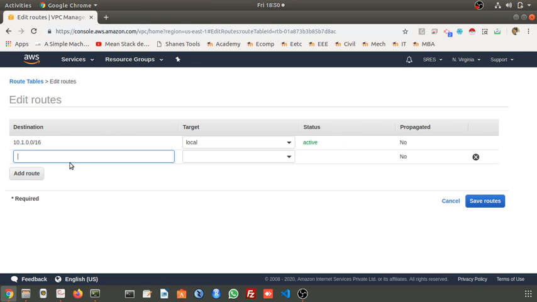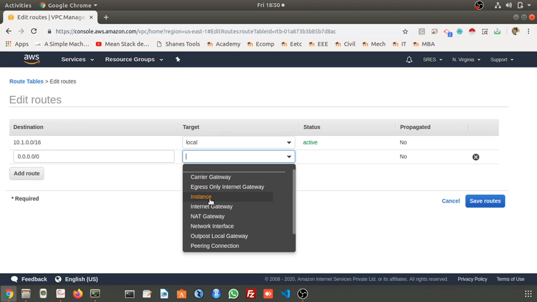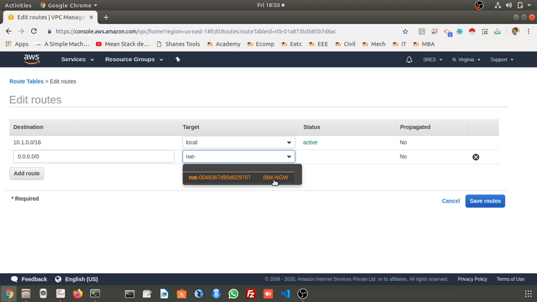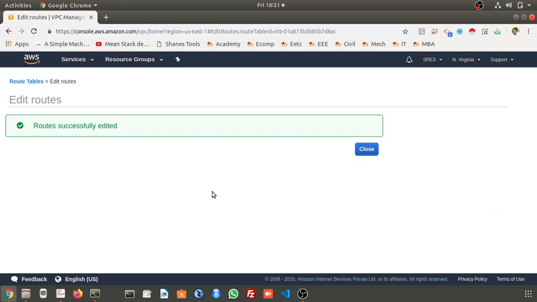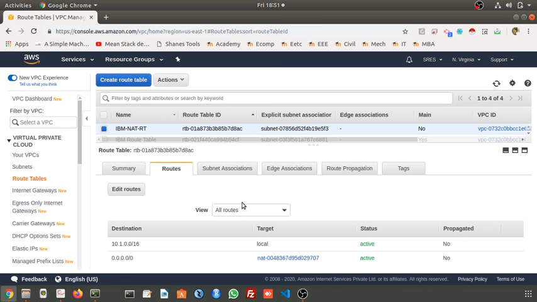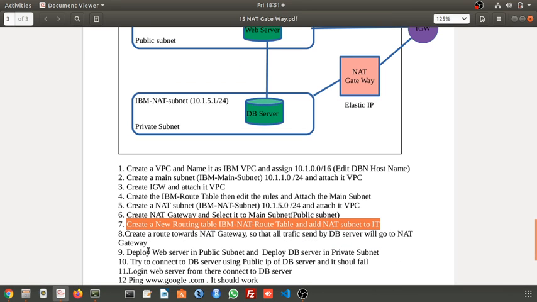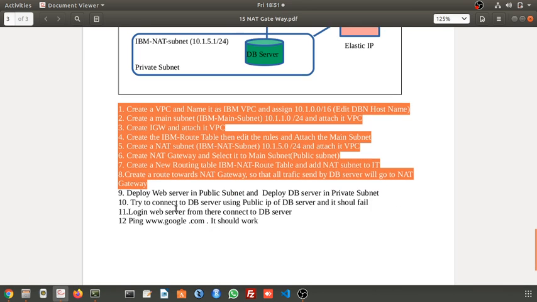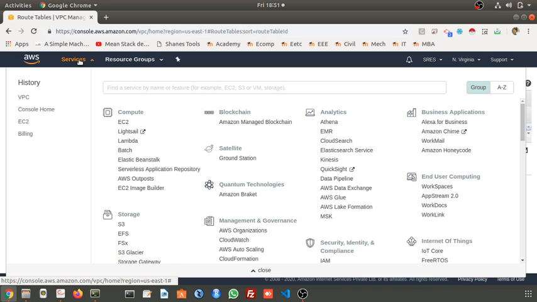Add route here. If you place your mouse, your NAT gateway is there. You have to select it. If you select the internet gateway, you will connect directly to the internet gateway. But here we are selecting this NAT gateway. Save. So now it is completed. All these steps are completed. Till this step, everything is completed. Now we have to deploy this web server in the public subnet. Let's start. How? Go to services, EC2,